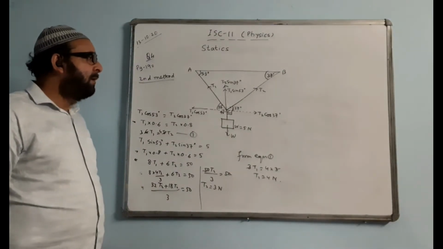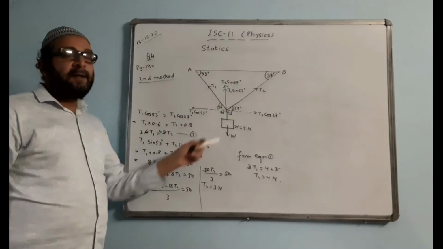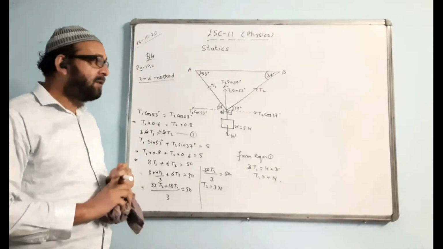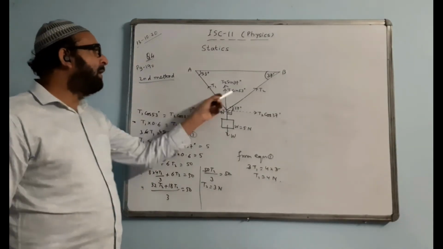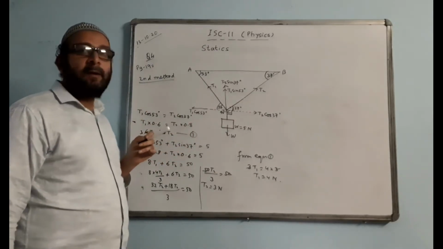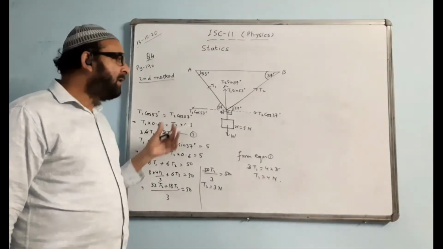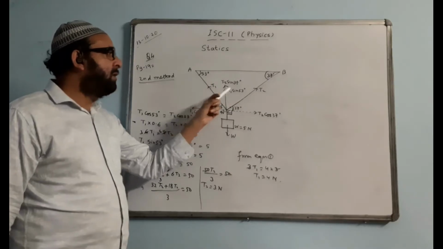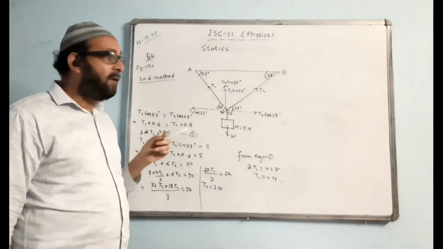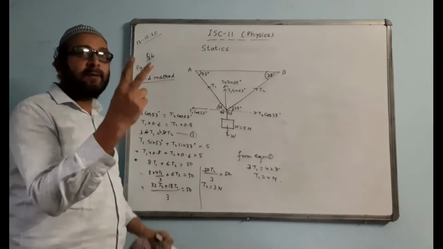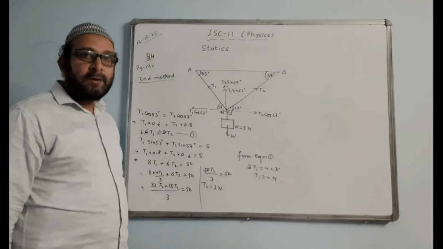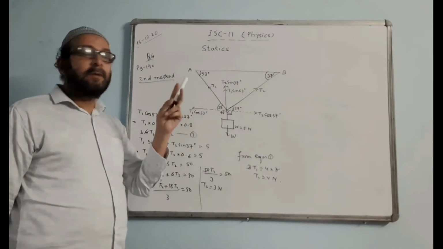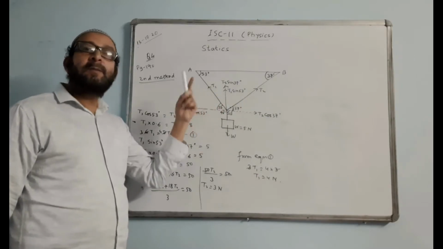What I mean to say is, when three forces are acting at the same point and they are in static equilibrium, at rest, we can solve it by the breaking into components method or by Lami's theorem method. Lami's theorem will be shorter and easier if both the forces are breakable into components, like here T1, T2.